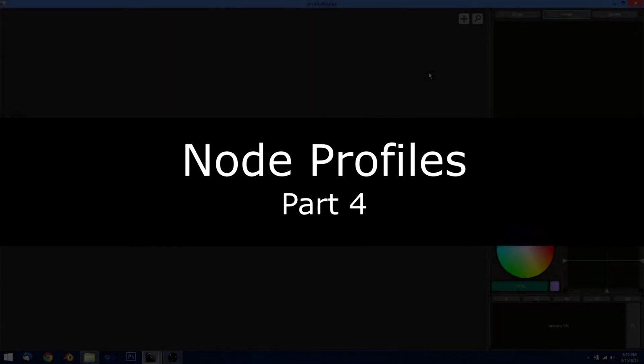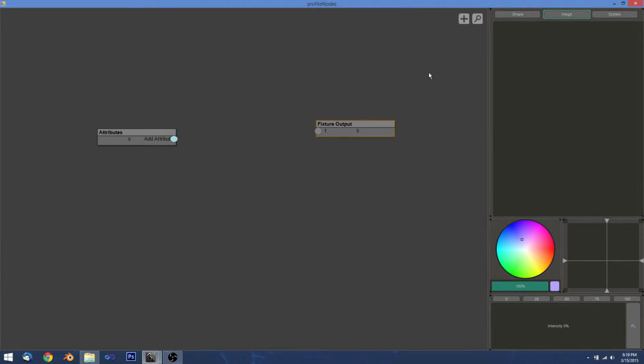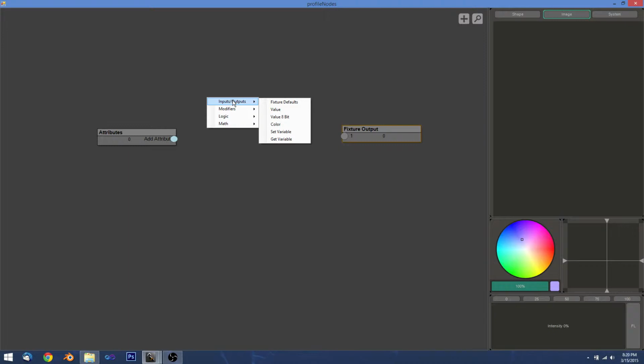Everybody. In this tutorial we're going to talk through some of the more advanced features of the Lightforge profile system. And we're also just going to look through all of the nodes that we haven't covered so far and give an explanation of what they all do. So we're just going to start down the list here, and one of the important things we haven't covered yet